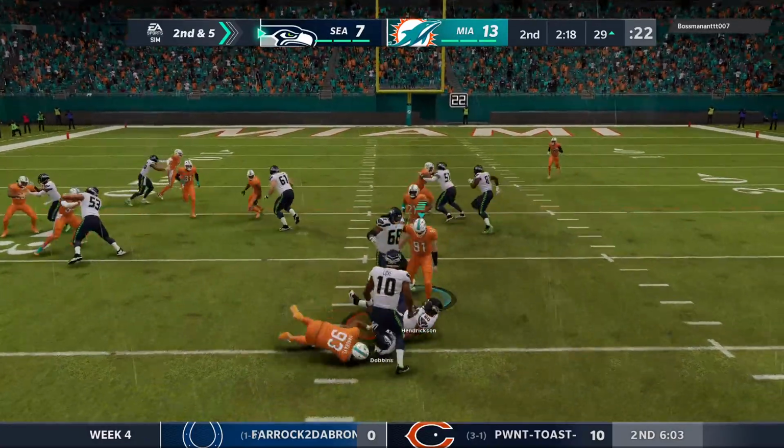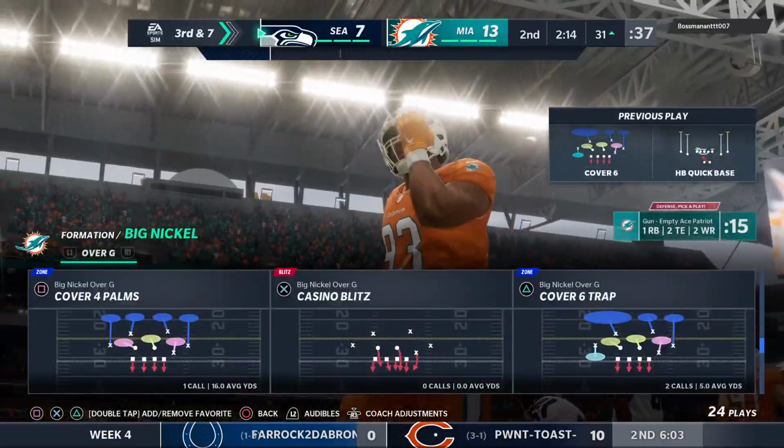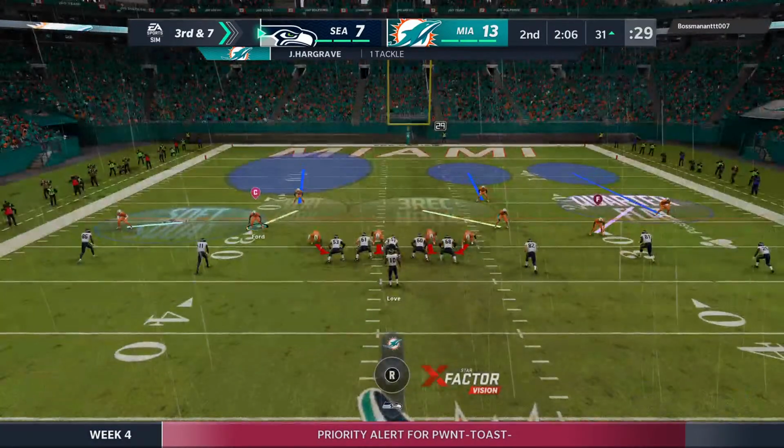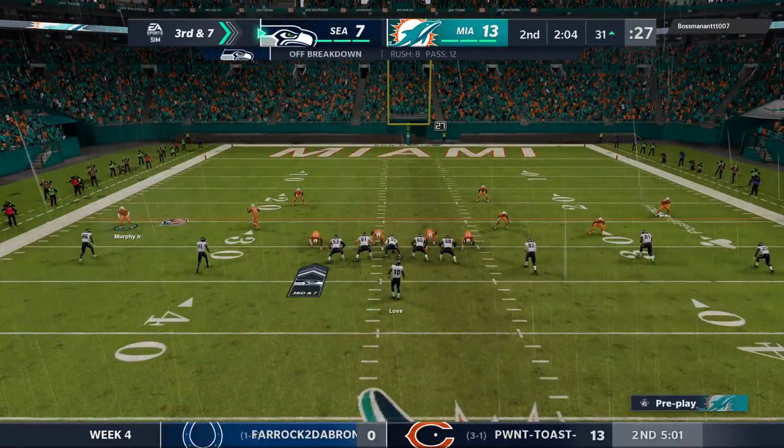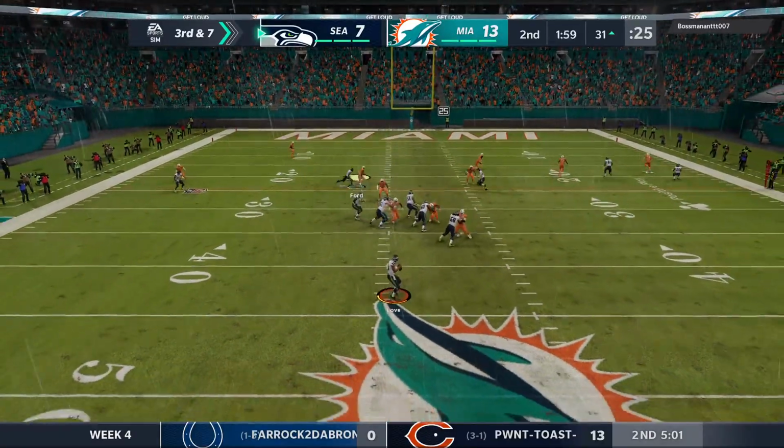Dobbins running out of the gun. And he is going to be stopped cold behind the line of scrimmage. It'll be a loss of a couple on the play, so now 3rd down coming up. A loss of 2 yards. And it's 3rd down. On 3rd down, Love